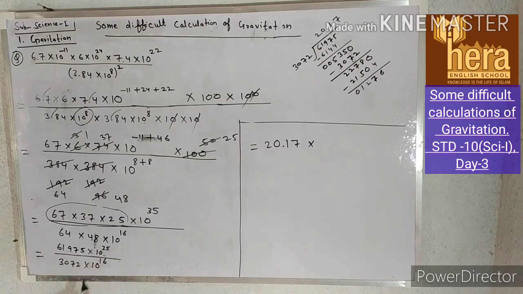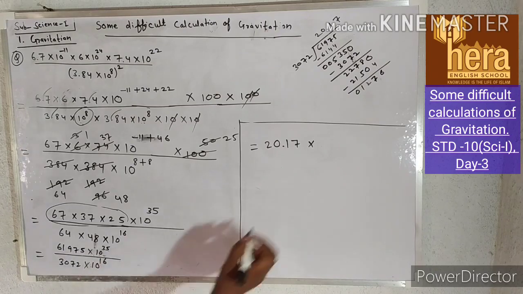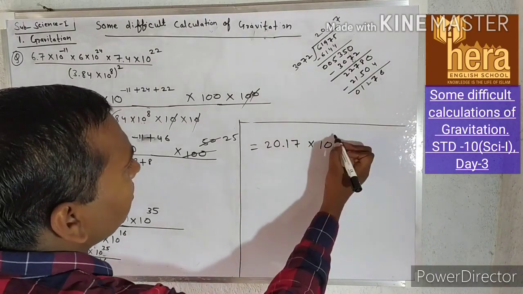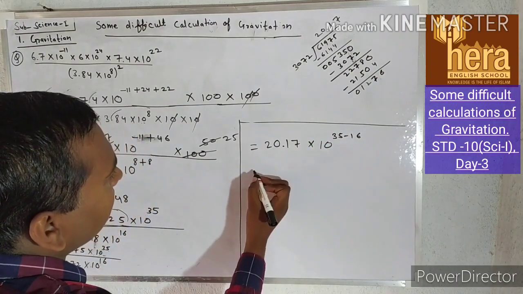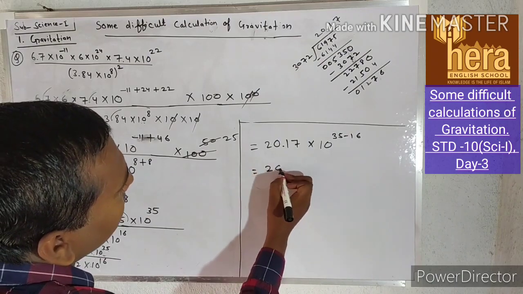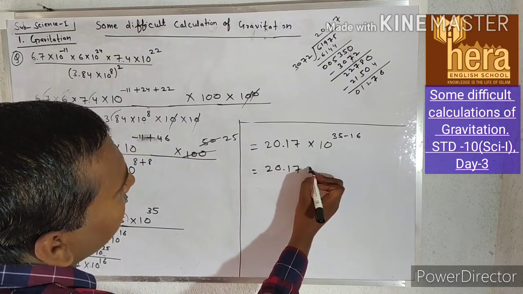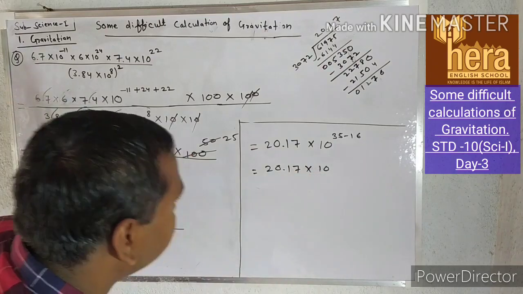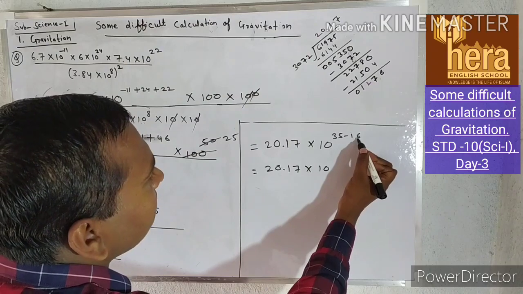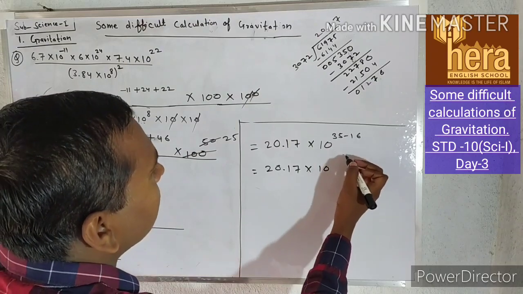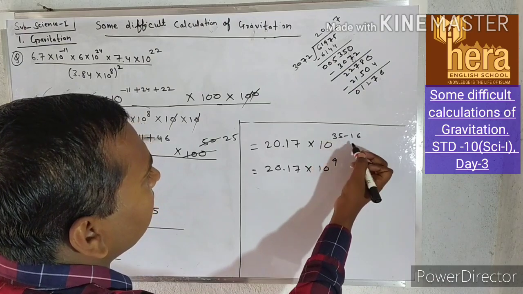Here is base 10, here is base 10. Both are in division, so the index will be subtracted. It means 16 will be subtracted from 35. So 10 raised to 35 minus 16. So this will be equal to 20.17 into 10 raised to